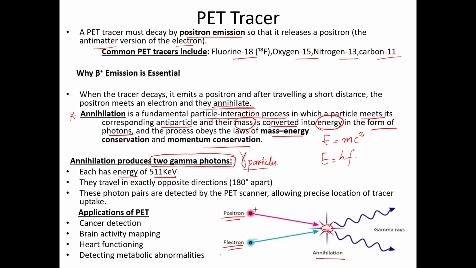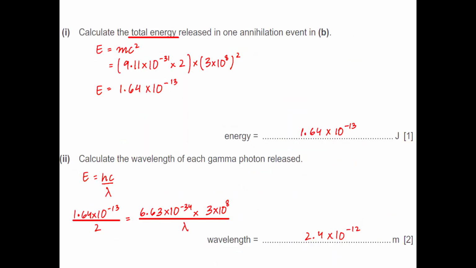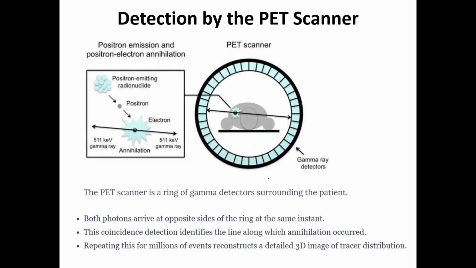And these photon pairs are detected by the PET scanner, which helps us to locate the respective problematic place very precisely. So these photon pairs are detected by the PET scanner, and they are allowing precise location of the tracer. So are you understanding what annihilation is and how it is working out in the case of PET scanner? That is why it is being called as